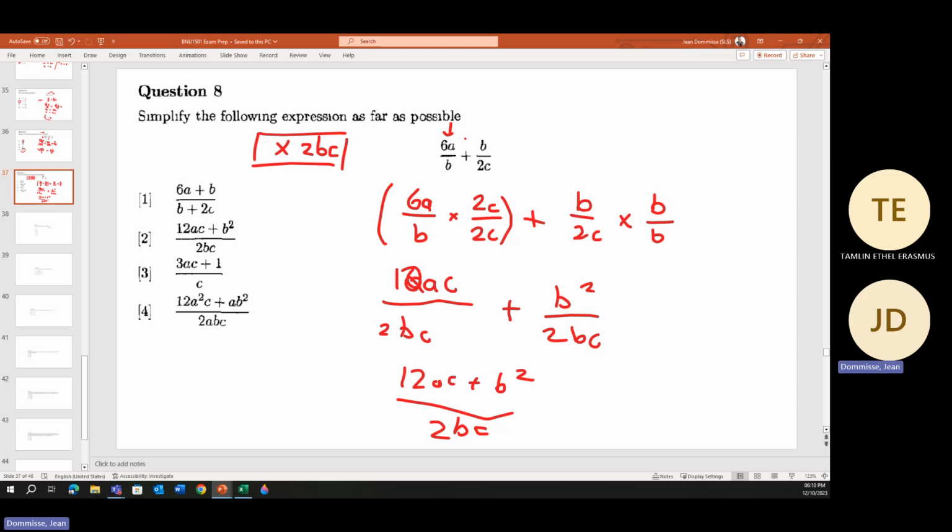Okay, so I knew we needed to use a bc, but one should treat it as two individual terms and not, as I wanted to at the beginning, multiply everything by that. Okay, and then that will be your final answer, which is option